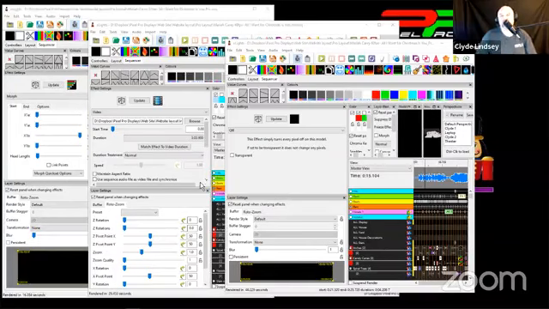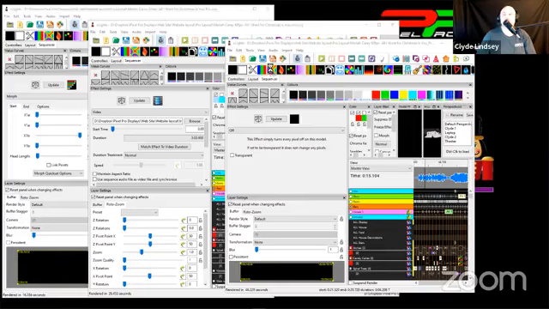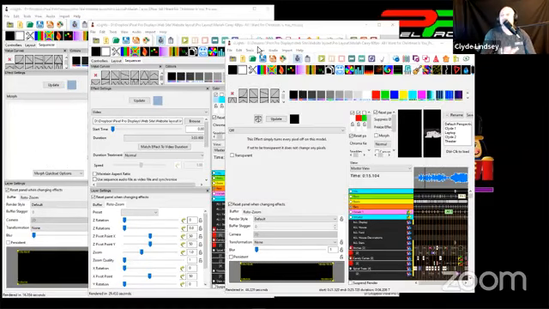Okay, so to get rolling with something in xLights, there's one thing you should be aware of about xLights: there are a number of preferences. If you go into File and into Preferences, I really don't want to use this one because I don't want to mess with it. But if we open up the xLights Preferences window,